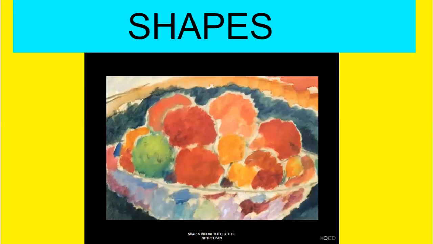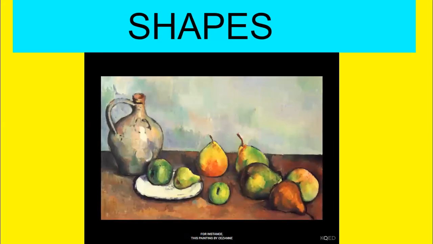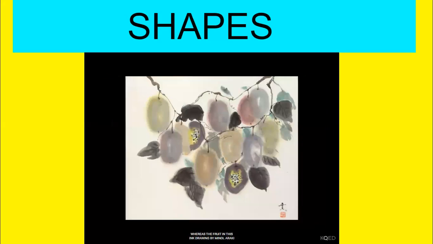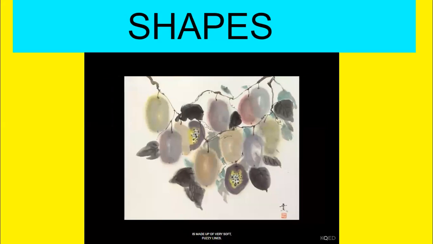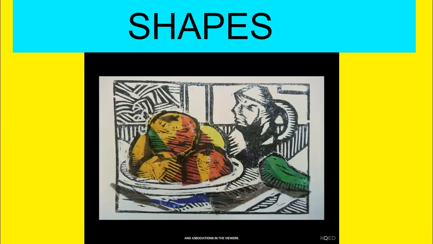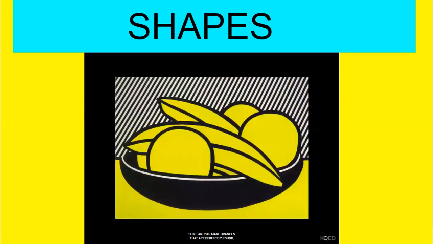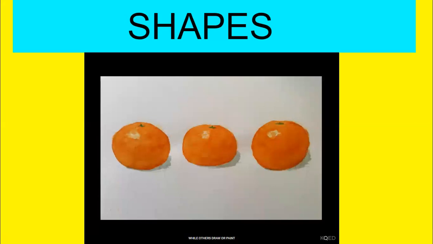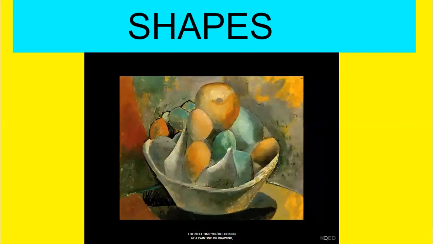Shapes inherit the qualities of the lines that were used to construct them. For instance, this painting by Cezanne has heavy, solid outlines that define the shapes, whereas the fruit in this ink drawing by Manola Rocchi is made up of very soft, fuzzy lines. Each approach to making lines produces different feelings and associations in the viewers. Some artists make oranges that are perfectly round, while others draw or paint every little bump and detail of the skin. The next time you're looking at a painting or drawing, try to notice how the artist is using shape